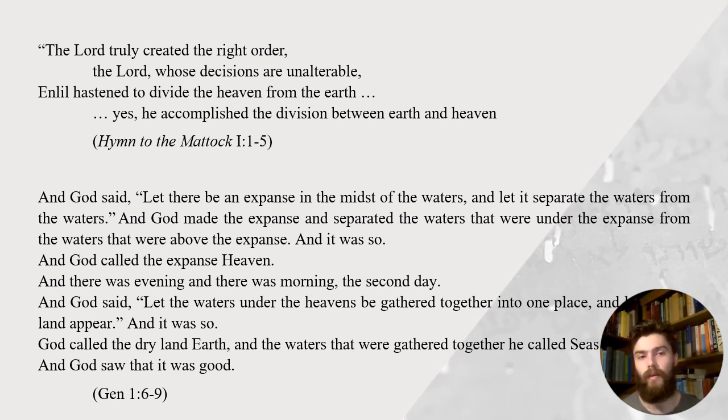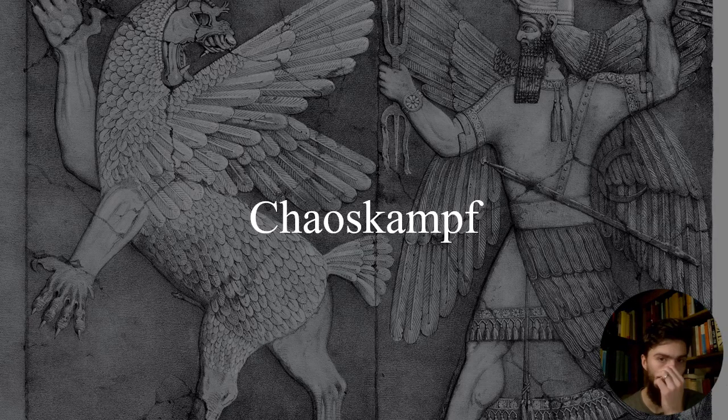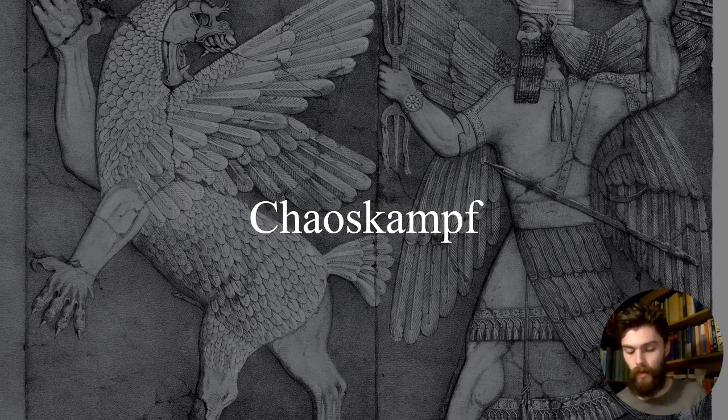One thing that is predominantly different, at least on the surface level though, is the idea of Chaoskampf in ancient Near Eastern literature, especially in ancient Near Eastern Mesopotamian, Akkadian, Babylonian literature. The idea of Chaoskampf is very prominent. And we do have examples of it also in Egyptian religion, the idea of chaos striving to decreate the world every day, as Ra rides his sun barge across the sea, and Apophis, the chaos serpent, strives to devour the sun and send the world back into chaotic darkness.